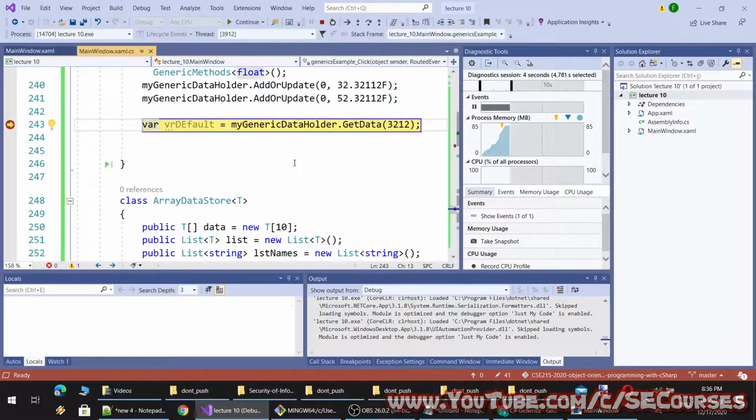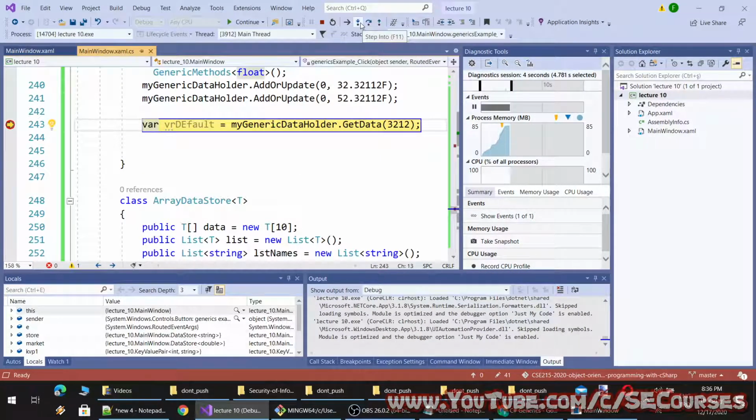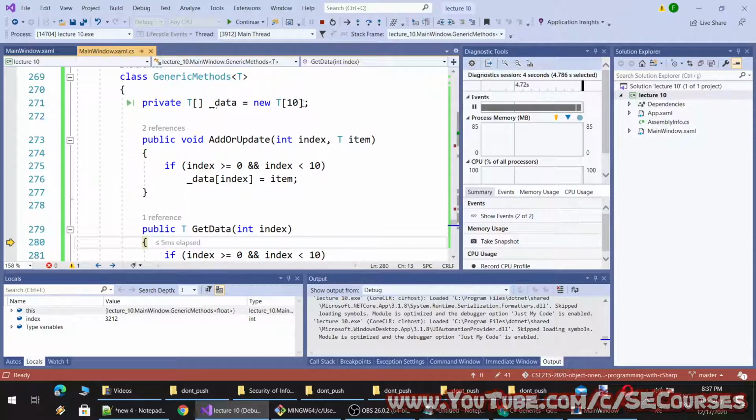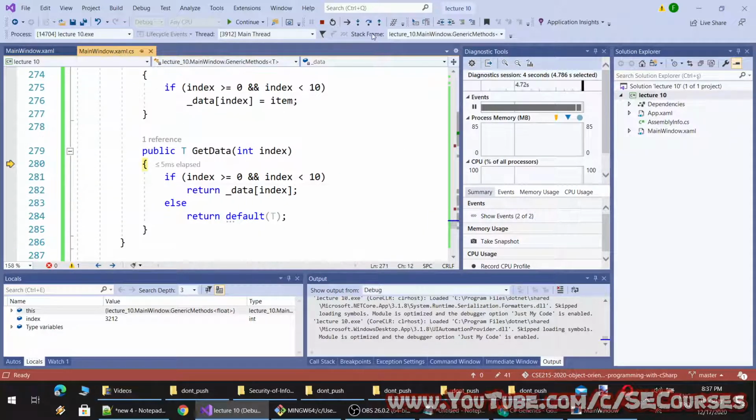Okay, I am clicking it. So I will enter inside of the method call. Okay, so the index I have provided is 3212. Since that index is out of my index range, my array only supports 10 elements.